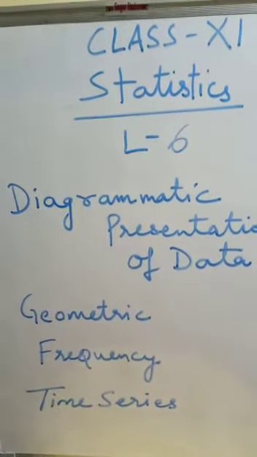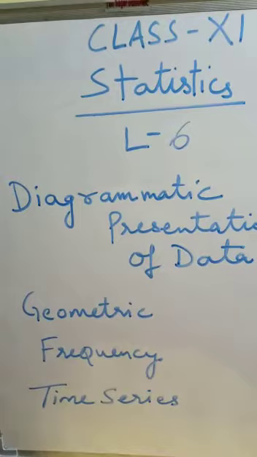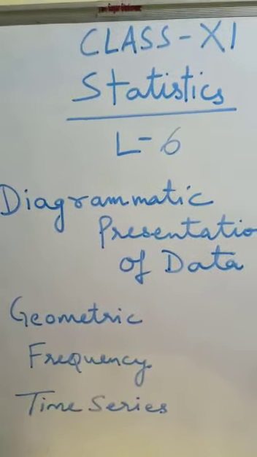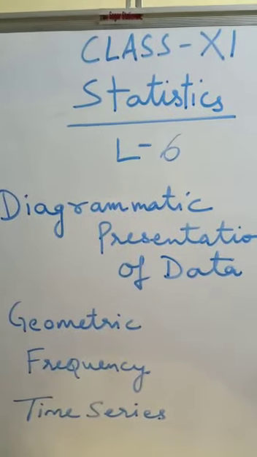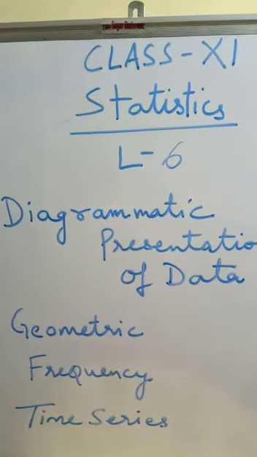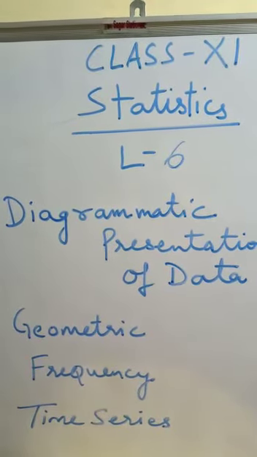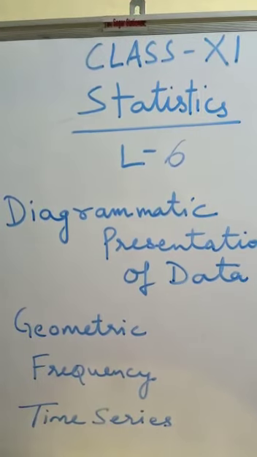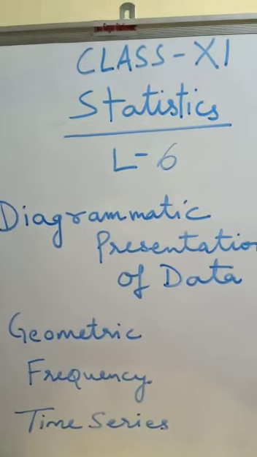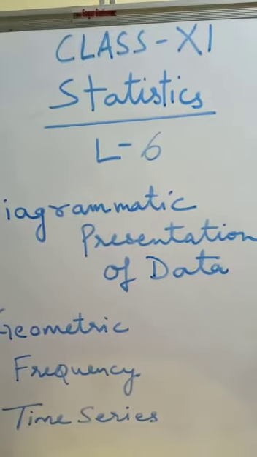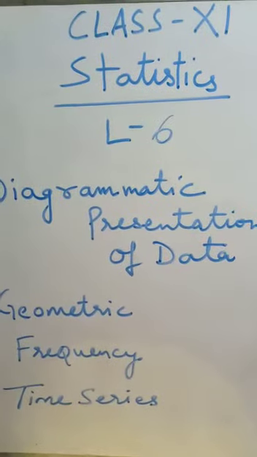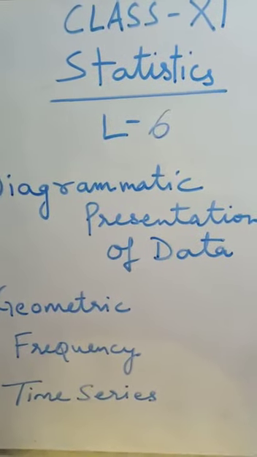We have also studied this in class 9th and 10th, but just for revision and recall, we will discuss it once again. Bar diagrams are those diagrams in which data are presented in the form of bars or rectangles. Bars are also called columns. A bar usually means a rectangle or some rectangular form. It shows some values of the variable, and there are the following features of a bar diagram. Basically there are 6 features of a bar diagram. Let's study them one by one.